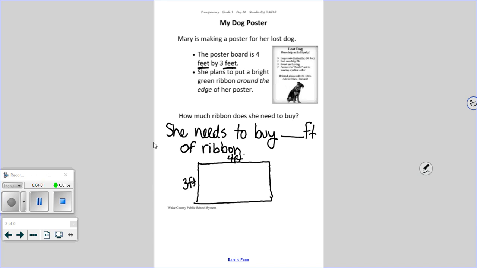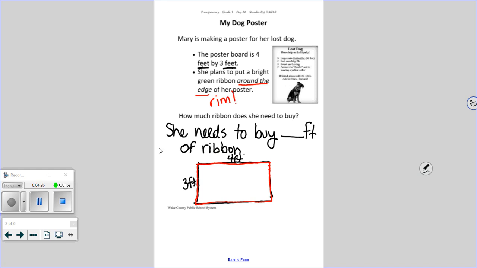We know that she's trying to put ribbon along the outside. So we're putting ribbon here, here, here, and here. And I imagine she's doing that because she's lost her dog. She wants to have something shiny so that people stop and read. And it specifically says around the edge. Around the edge to me reminds me of